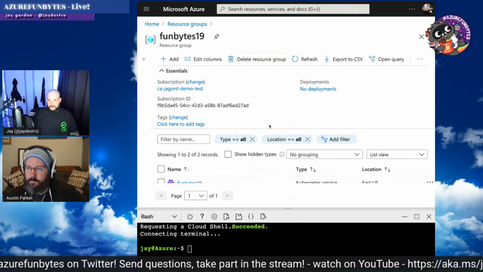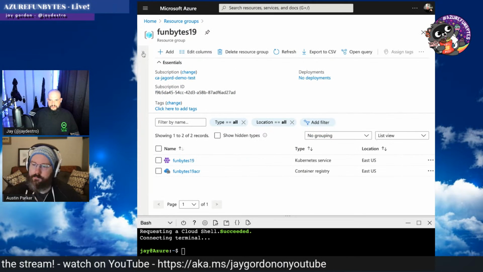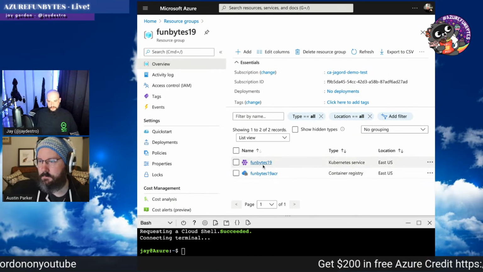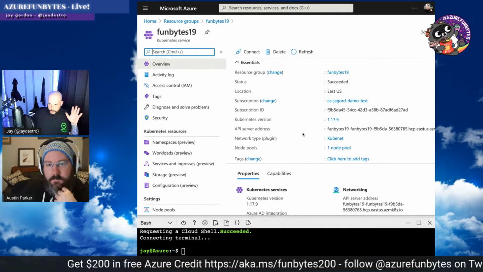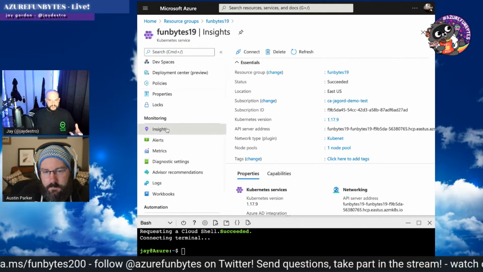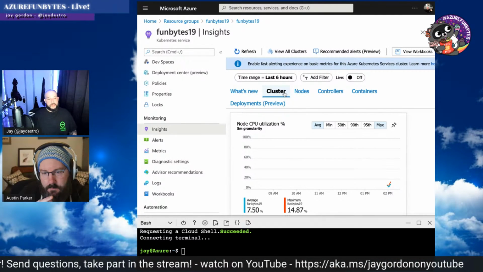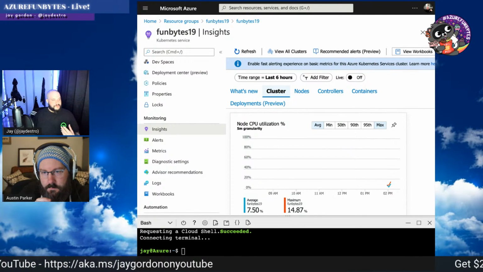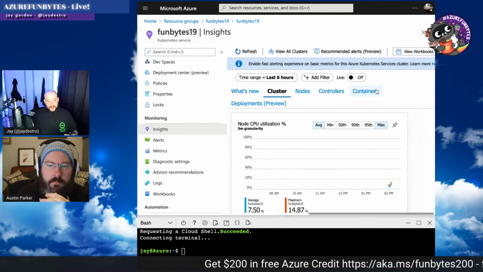I'm going to try to make it a little bit more visible for everybody so you can see all the different things. So Austin, one of the cool things that Azure has built natively in, and you can tell me about how we get a little bit beyond this. Azure has a number of different ways of storing insights on your application. Specifically, we're talking mostly today about Kubernetes. If you're watching and you need to know more about Kubernetes, there are previous episodes about using containers and using Kubernetes. There's a ton of docs that I've done on it.